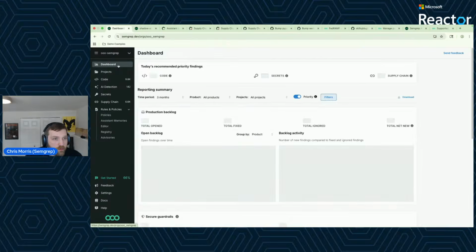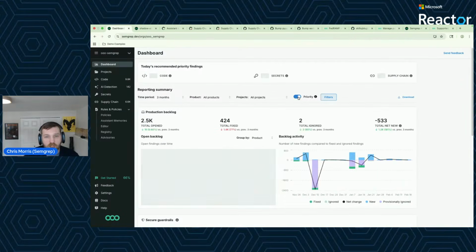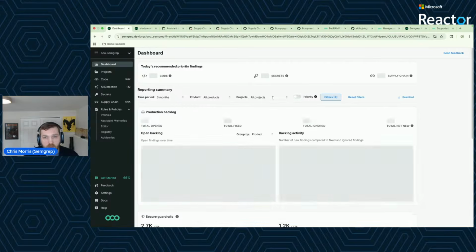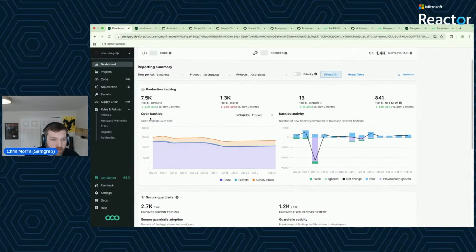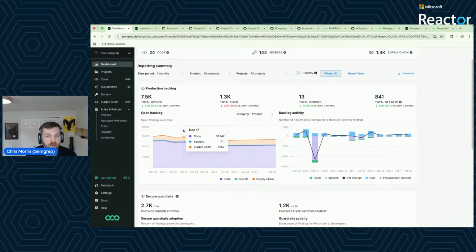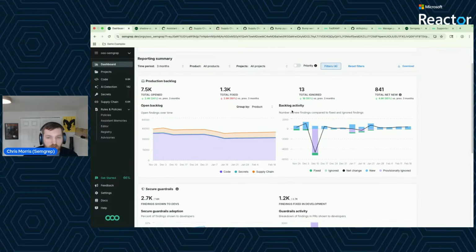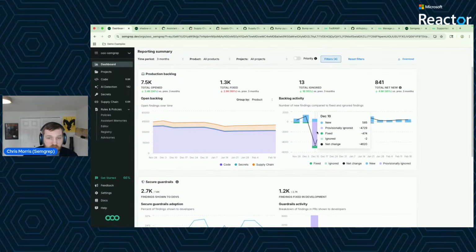And then one of the last things I'll show is our dashboard. So you can see we have priority enabled. So really what we're doing here is we're giving teams or security champions an overview of the health of your program. So as I talked about, this would be like your open backlog. So not the things that you're surfacing in pull requests, but the things that have been in the code for a long time. And when you start using Semgrep, ideally, you want to see this start to flatten out and start trending down. We can show you what that activity looks like, whether things are being provisionally